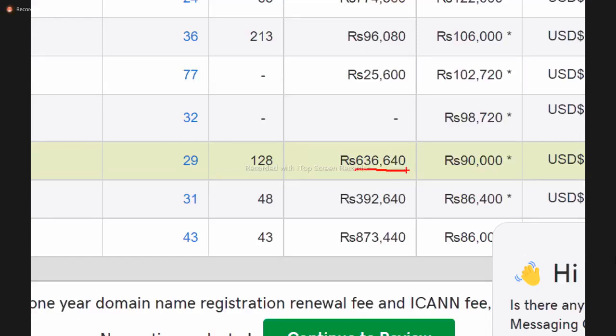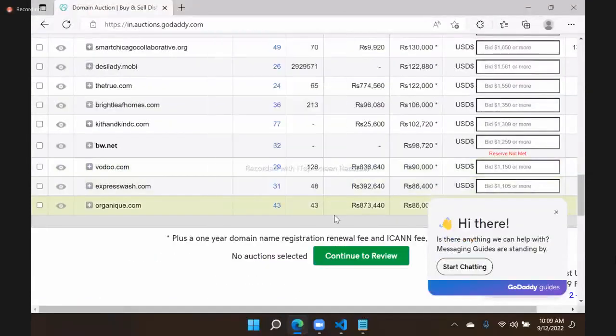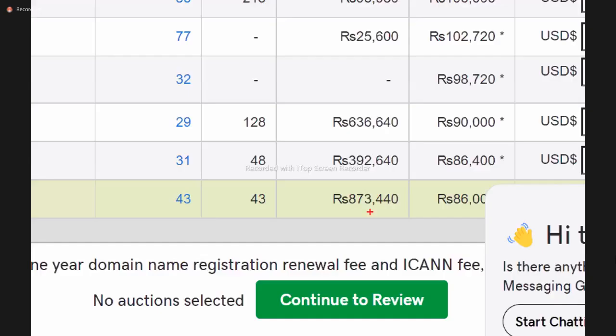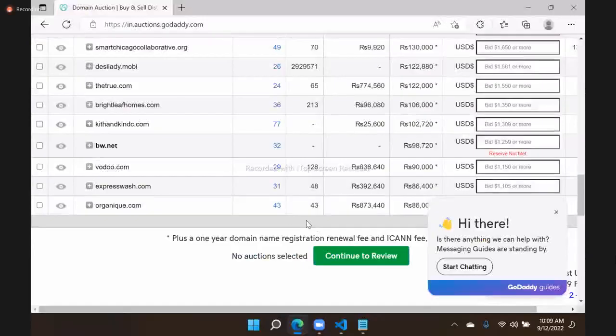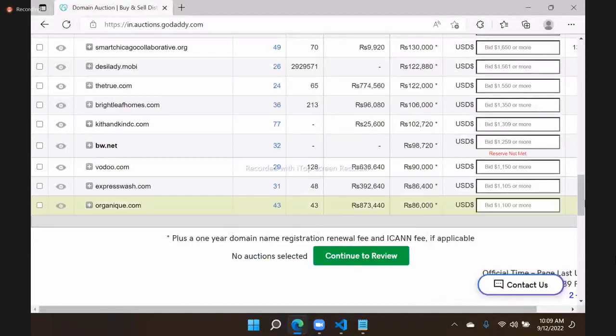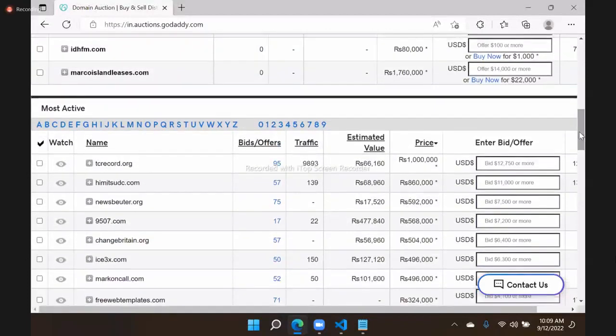That means you have to purchase that with that name. You may be thinking, I showed you 6 lakhs. This is 8 lakhs. You go higher, sometimes you will find 50 lakhs, 60 lakhs also. You may be thinking, will anybody purchase this for 5 lakhs only for a name? Of course, many people purchase domains. Why? Because, for example, just an example I will give you, we have